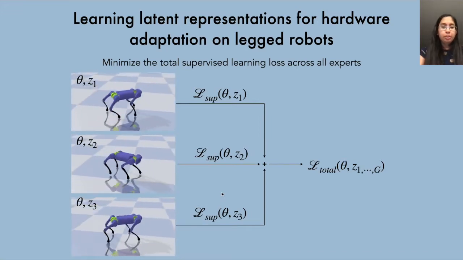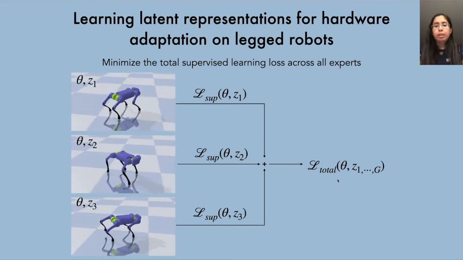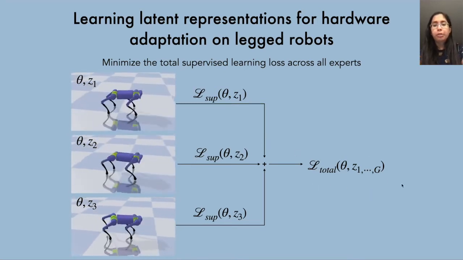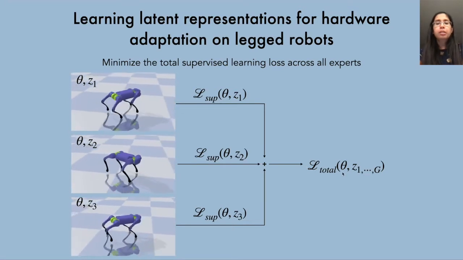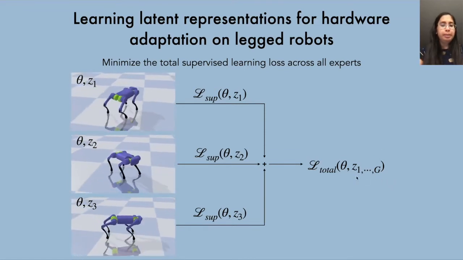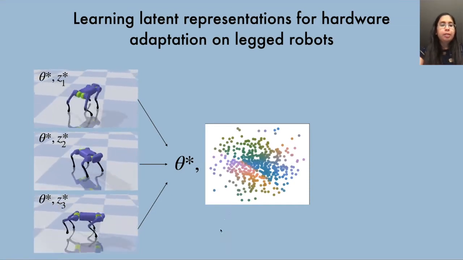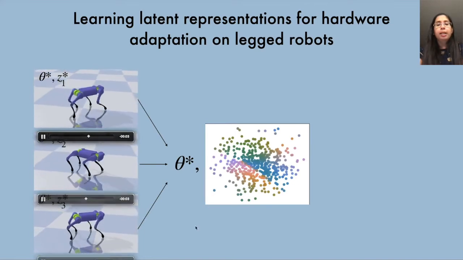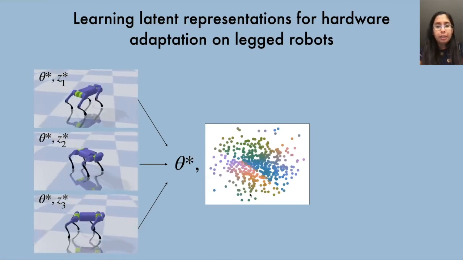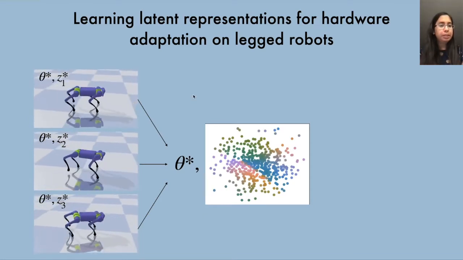Next, we calculate supervised learning loss with respect to each expert and then sum it together to create the total supervised learning loss over G experts. Now we can minimize this total supervised learning loss to learn one low-level policy parameter theta and G latent variables Z, which basically gives us a setup in which multiple experts from simulation are used for learning one common low-level policy and one latent space Z, which can together represent at least the G experts which were used